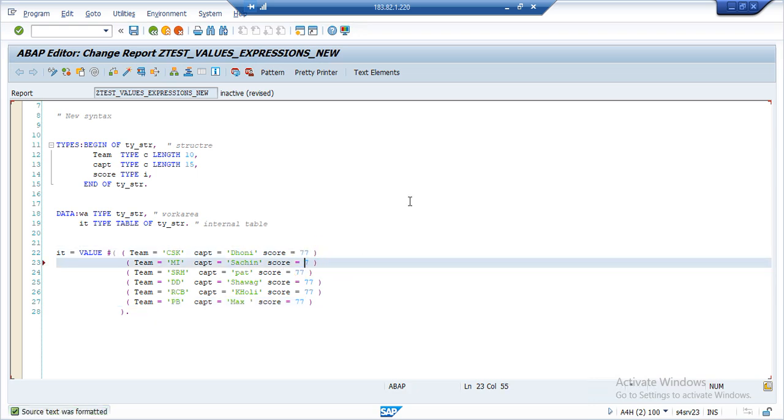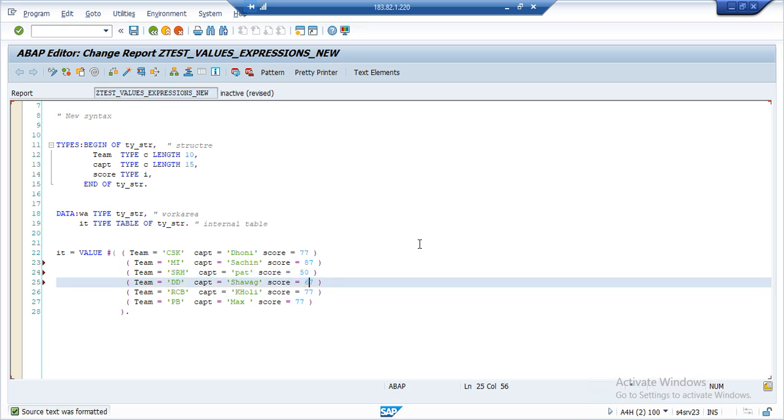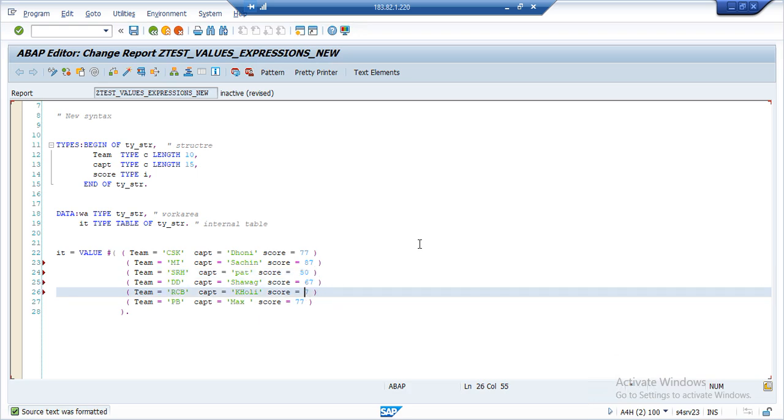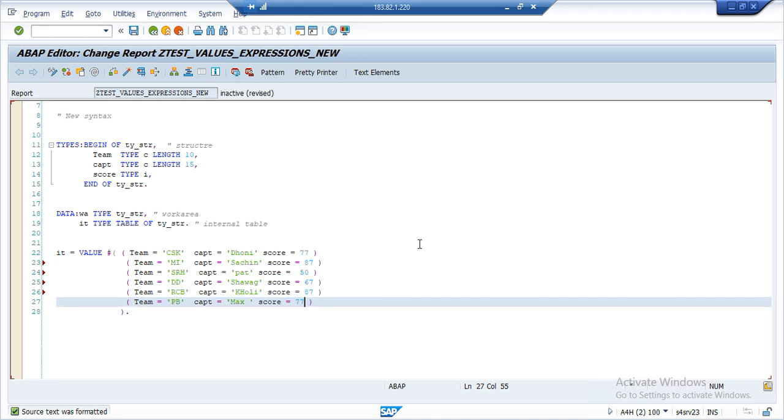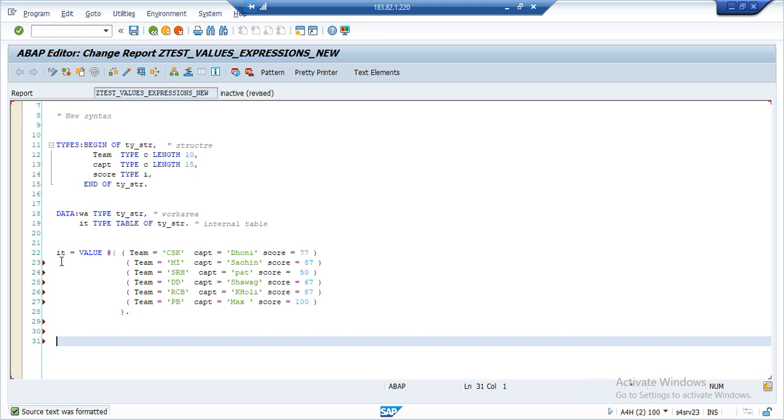Some 88, some 50, some I'll give 60, I'll give 67. Like this, some random values. I'll give 80. This one is 100, for example, 100. Okay, now what I will do, now where is my data? My data is in the internal